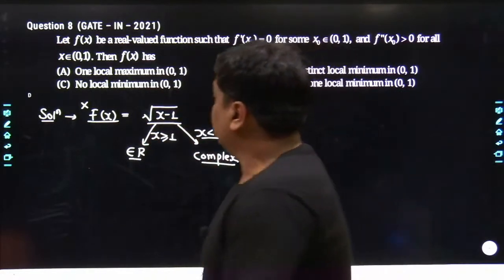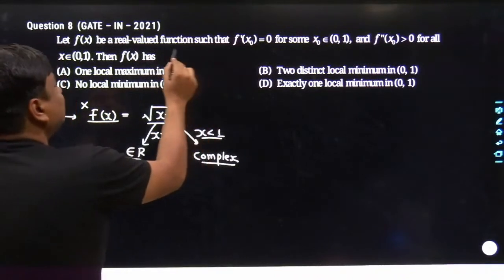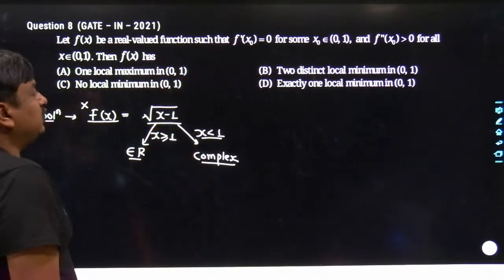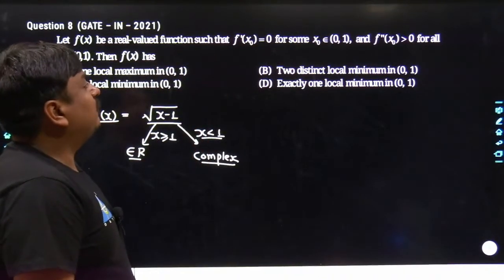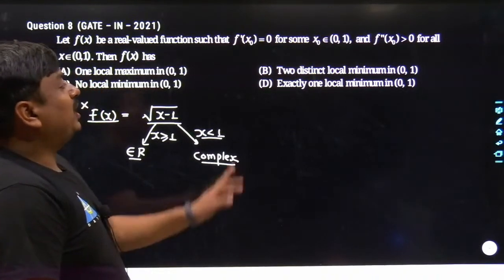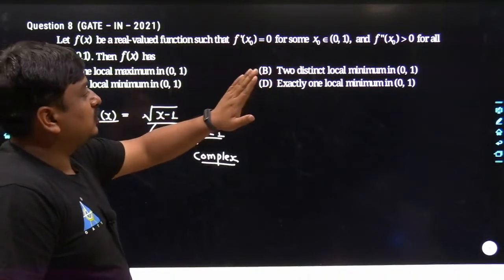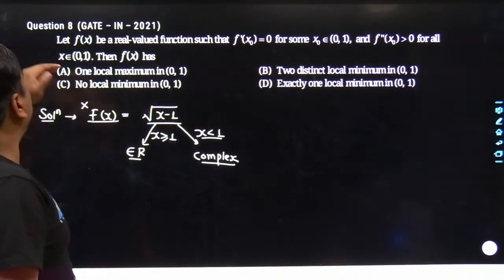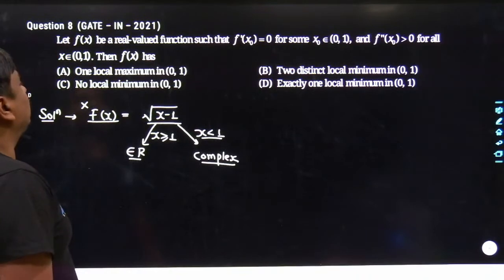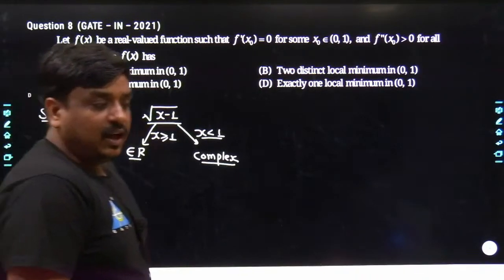Like this. Let f be a real valued function such that f dash of x naught is 0 for some value of x naught within the open interval of 0, 1. And f double dash of x is greater than 0 for all values within the open interval of 0, 1. Then f of x has...